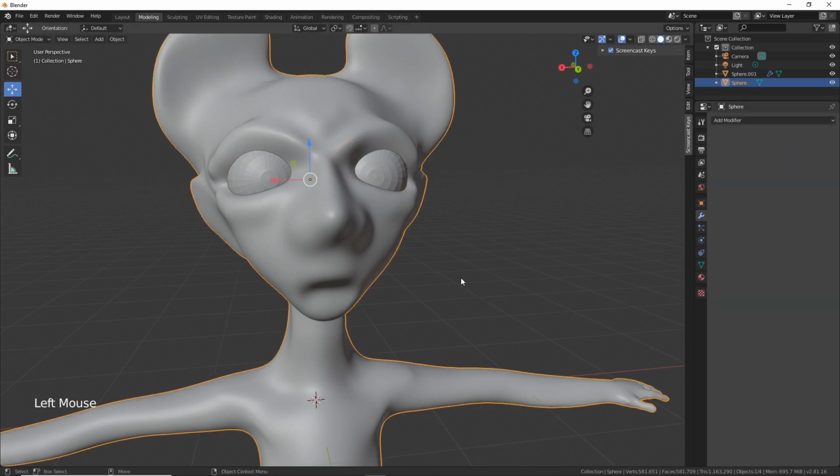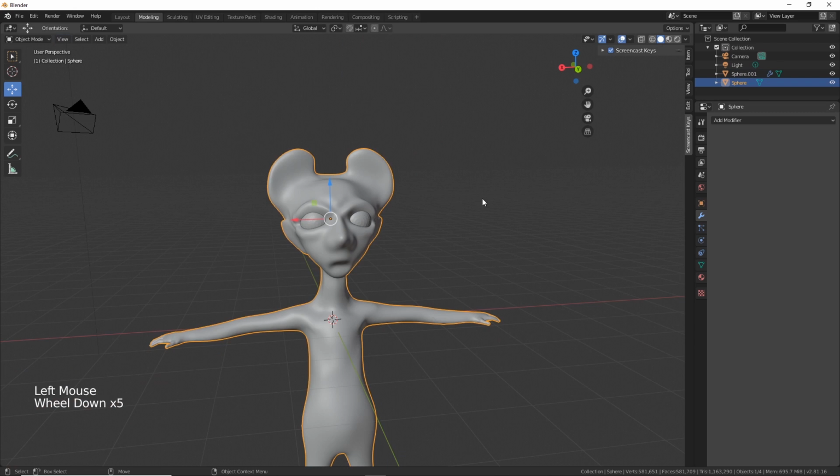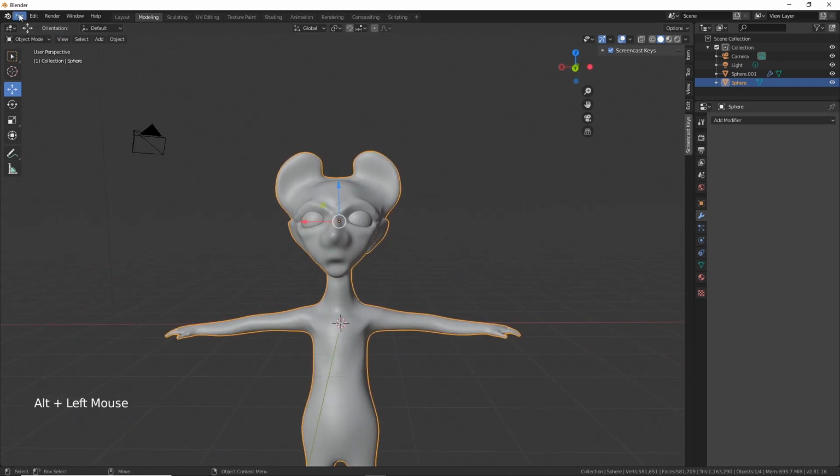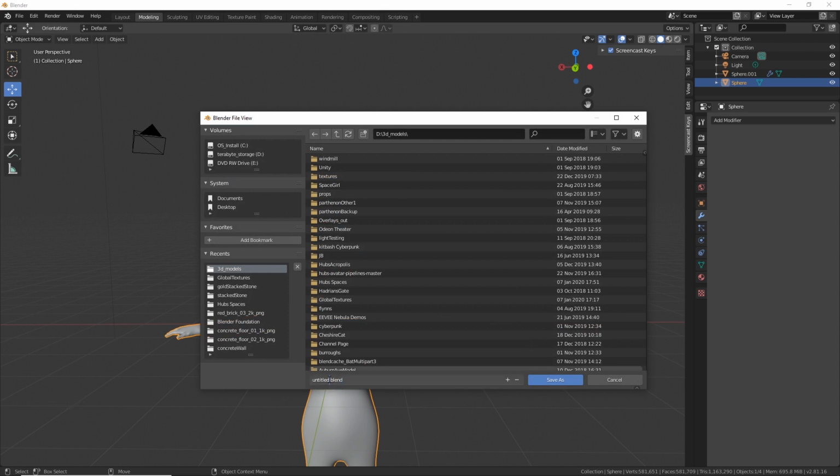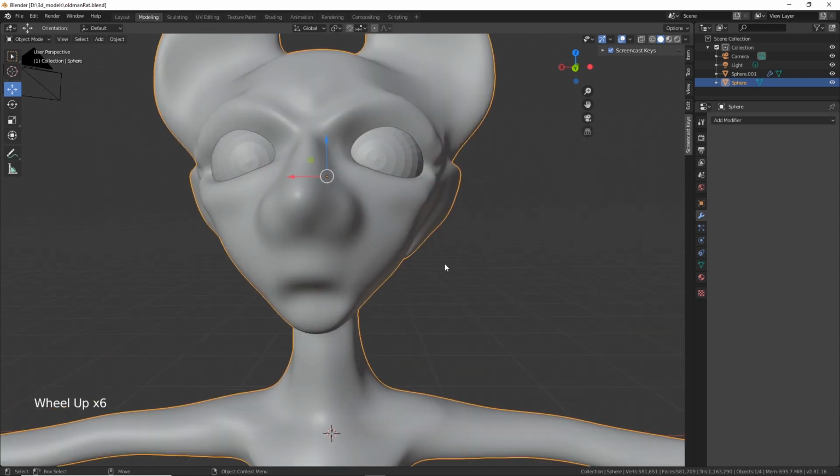So let me go back, select, make sure you select the character model. Let's go ahead and save at this point. You don't want to lose this work up to now. Call this Old Man Rat. Save as. Alright, now if we go into sculpting,